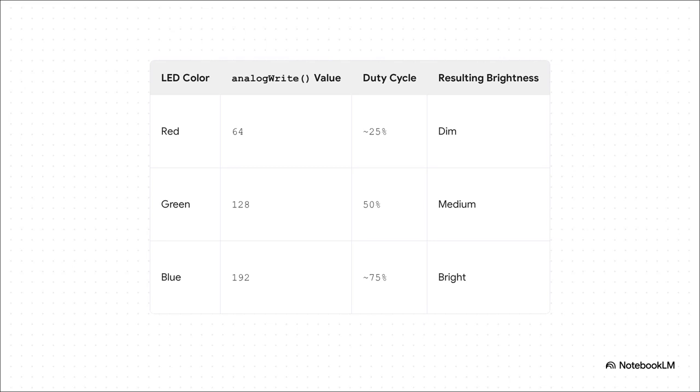See, the analogWrite command uses a number between 0 and 255. 0 means a 0% duty cycle, so fully off. And 255 means a 100% duty cycle, fully on. So if we want to get a dim red light, we send the value 64, which is about 25% of the way to 255. For a medium green, we send 128, which is exactly 50%. And for a nice bright blue, we send 192, or about 75%. The number you type in the code directly sets the duty cycle, which directly creates the brightness that we see